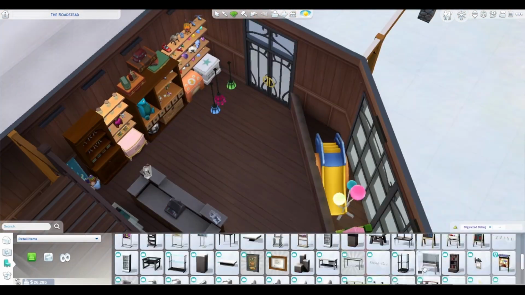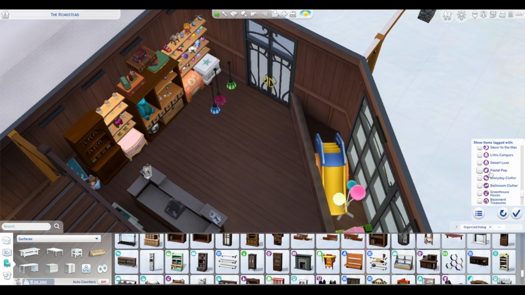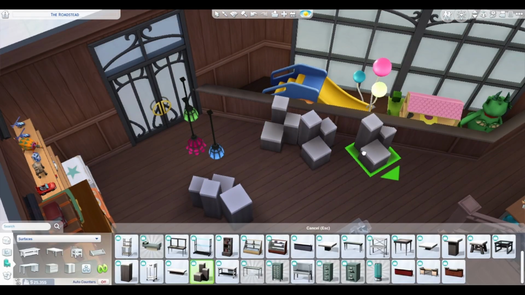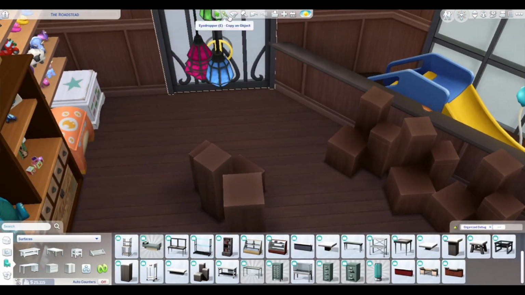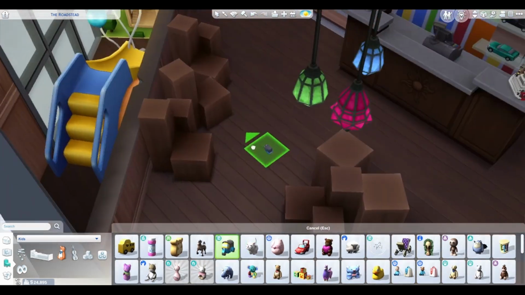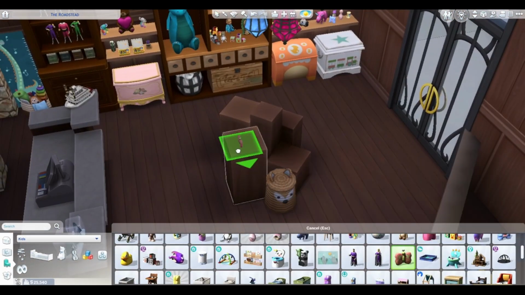So, this area here, it was blank. It needed some help. And I could not figure out what to do. I tried cluttering it up with these shelving units or display areas. Didn't like that. I tried a whole bunch of different things, which you will see as we go along. But I decided to leave this in